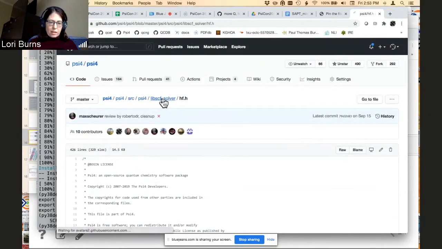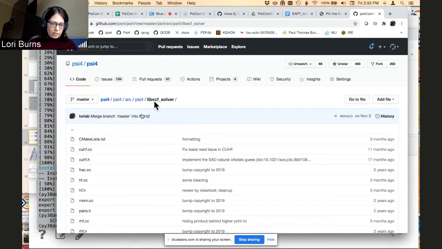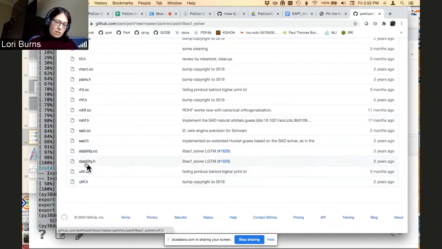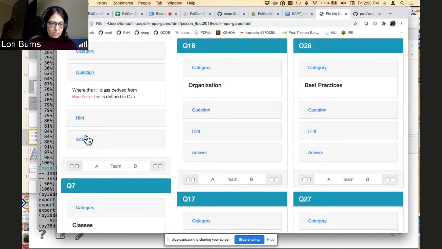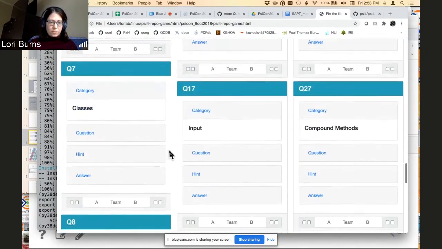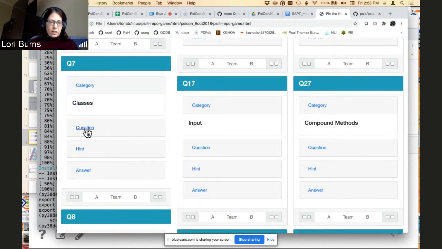Now looking at the libscf solver folder, notice that there's an HF and an HFCC. And then there are further classes that are derived from those for restricted open shell, and unrestricted. Indeed, libscf solver hf.h. Okay, classes,